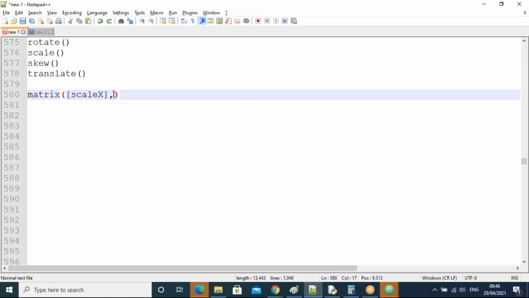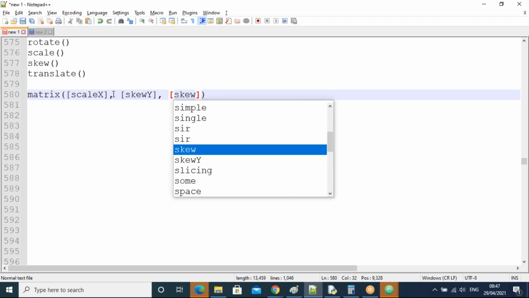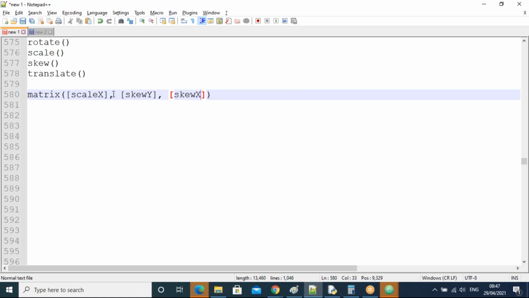Next we give skew y. Then the third one is skew x. Then the fourth one is scale y.